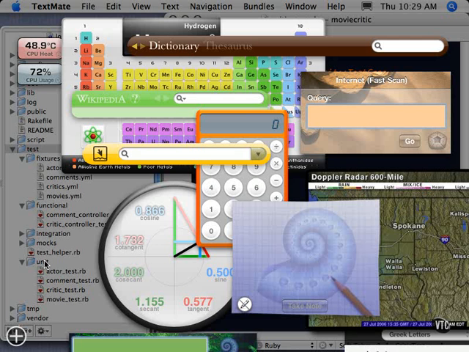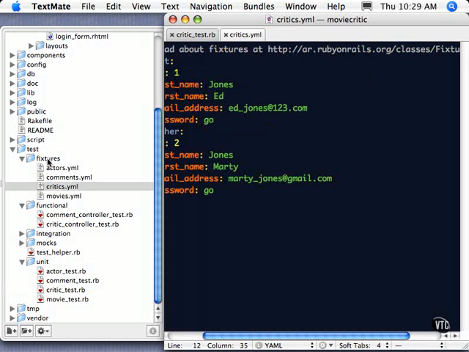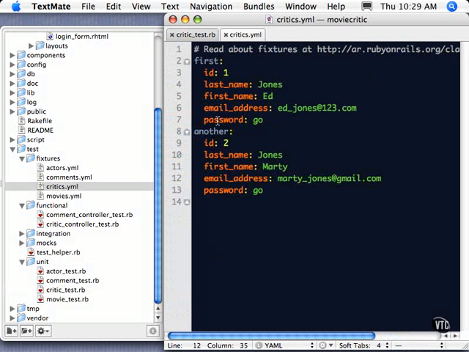So remember that we're looking at units being your model. And the specific file that we're looking at right here is our critic_test file. So inside this file, which was set up for us when we generated this model, we have some statements. We talked about those in the prior video. The main one that we first have to look at here is our fixtures method call, which calls up this fixture file, which is critics, and that relates directly here. So critics here is this critics fixture file right here,